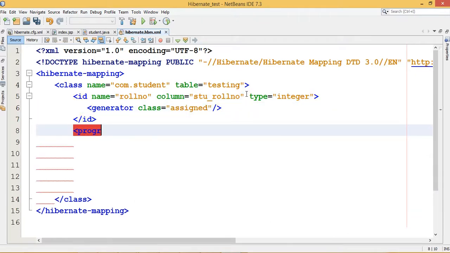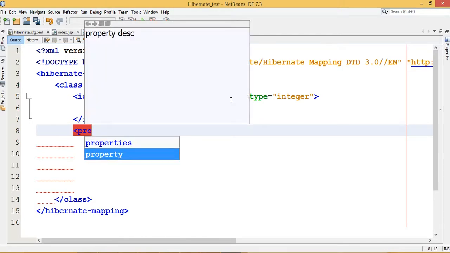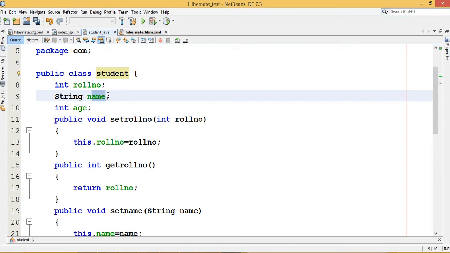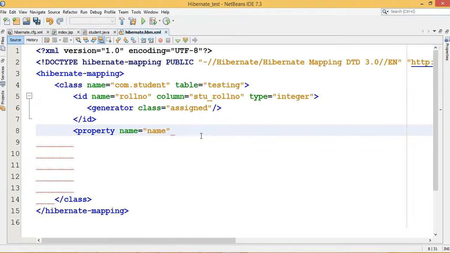Another mapping, so you write down this property. There is only one id in a particular mapping file. Another property is what? Name. Student.java has another property, name. So I want to map it with the column stu_name. What is the type of it?